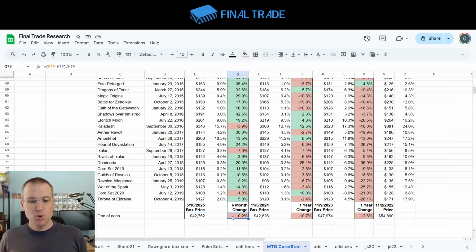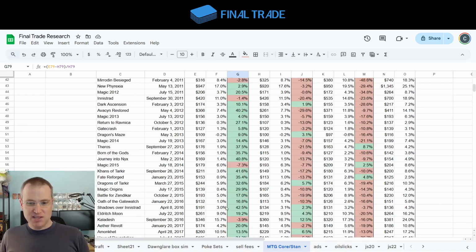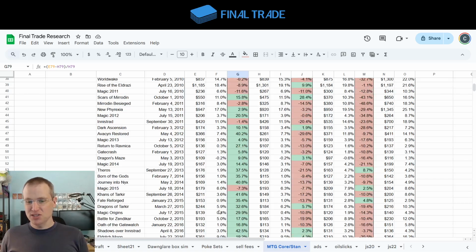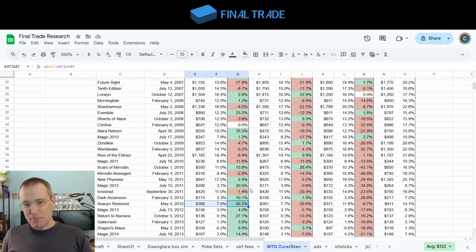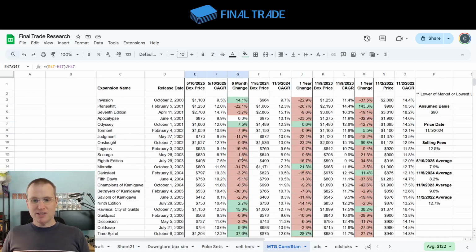It's down 0.2%. And yet we see this bifurcation where boxes from the last 10 years are recovering and going up, in some cases just ridiculous amounts. I mean, you'd think this was Pokemon, the way some of these are appreciating. 32, 35, 36, 37%, 40% over a 6-month period. And so you see that bifurcation where some of these are doing incredibly well, but then the older boxes are